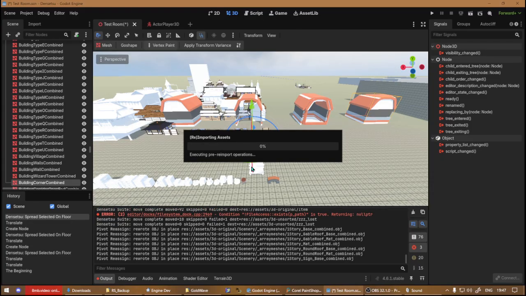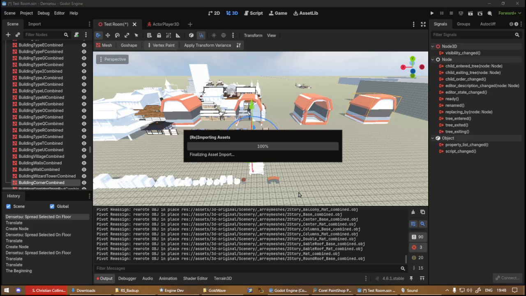In the context where you are building with modules, it kind of makes sense because then every module goes in the respective place in relation to the center. But when we split the modules and we just want to build freely, that's not really going to help much. That's why this tool is here. As you can see, it's still going. Usually you shouldn't do this with many objects at once, but since I am making the museum, which is the scene where